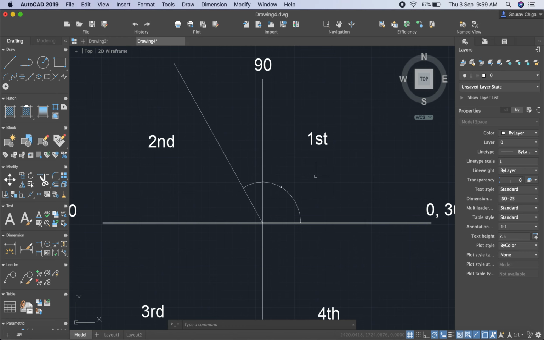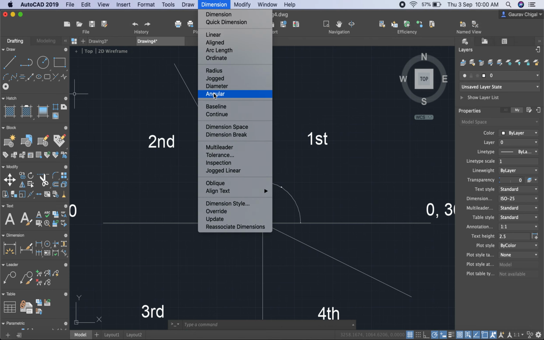It must be clear that all angles always start from 0, and at a certain place it is always measured from 0. Whether the line is made in the third quadrant, or in the second or fourth quadrant, it is always measured in the anti-clockwise direction. Suppose you draw a line from this point to this point, then the angle is not measured from 0 in clockwise direction. It is always measured in anti-clockwise direction from 0. So the angle should be like this.